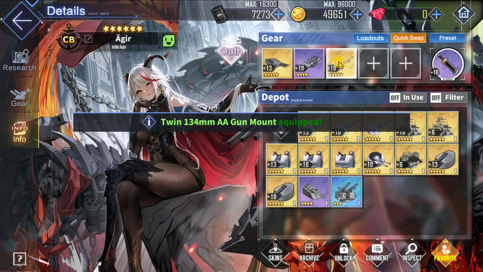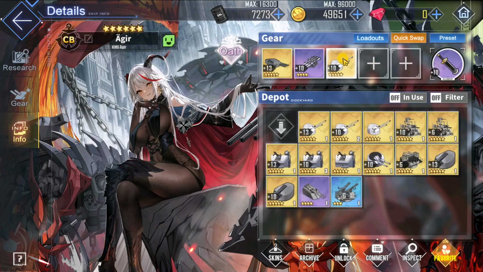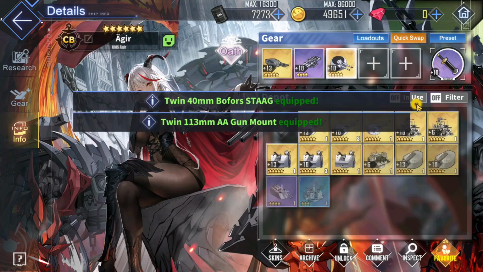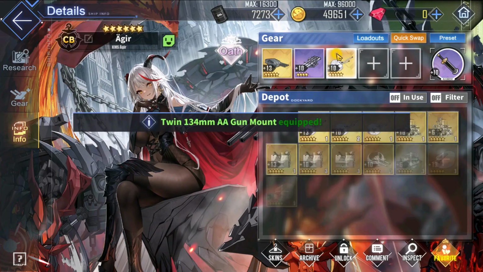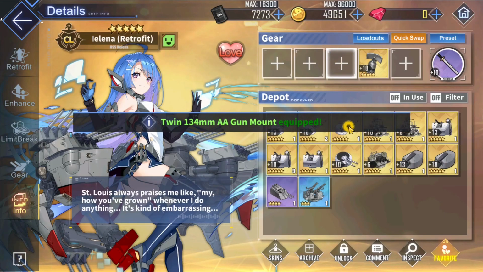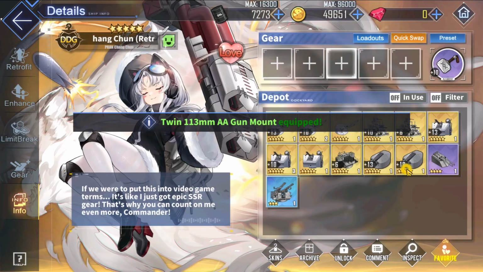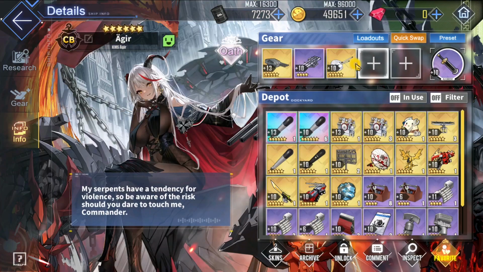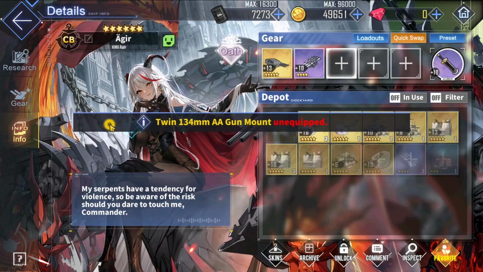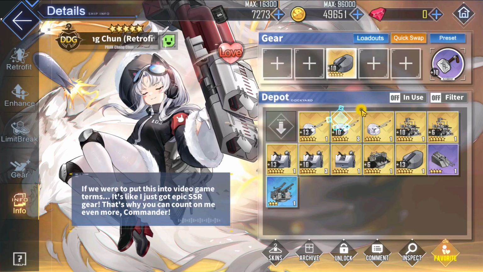For Vanguards, usually it's 134mm. If you don't have this, then just put more stacks, or put random AA guns with no stats bonus. 134 if you have it. I mean, I'll pretend I don't have them. Then, in fact, I want to put this 134 on Chon Chun, so that